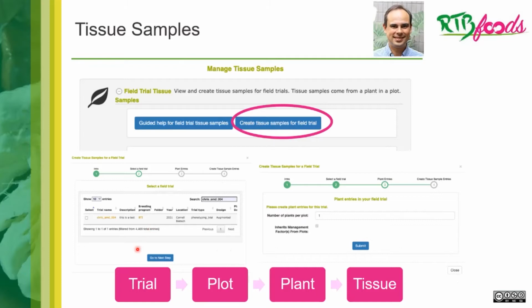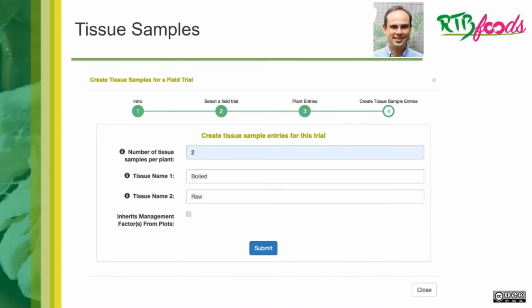and then create tissue sample for field trials. Trials are organized in this way. Trials have plot. Inside the plot you have plant, and then tissue sample. And following this workflow, selecting your trial, you want to add some tissue sample and how many plants per plot you want to add. If your trial does not have plant entries yet, you can add it here, and then